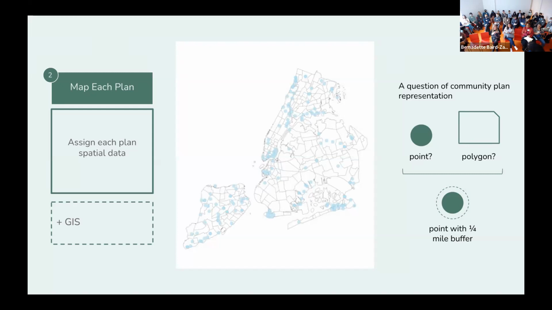And while that might sound easy, it gets really complicated by the fact that when we received plans from different community organizations, not all of them had, say, their own database of spatial information. Some of them didn't even have maps in their reports. And that's completely fine, because a lot of these efforts sometimes were informal, and we still wanted to map these and show them in this tool. So there was that data aspect.